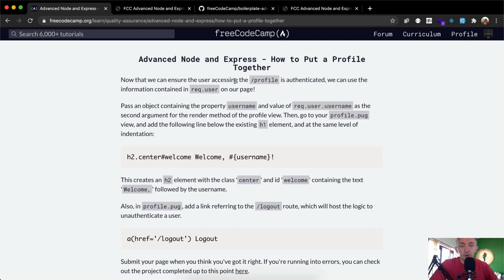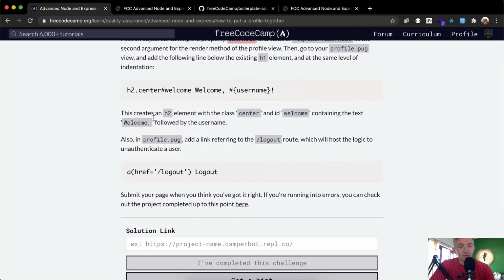So now that we can ensure the user accessing /profile is authenticated, we can use the information contained in req.user on our page. Pass an object containing the property username and the value of req.user.username as the second argument for the render method in the profile view. Then go to your profile.pug view and add the following line below the existing H1 at the same level of indentation, so H2. This creates an H2 element with the class center and an ID welcome containing the text welcome,